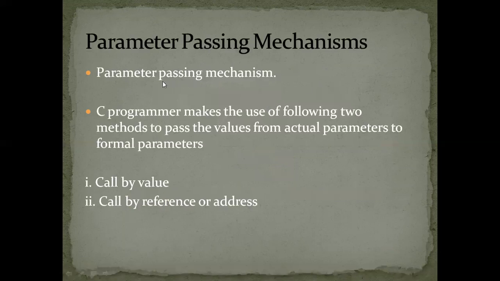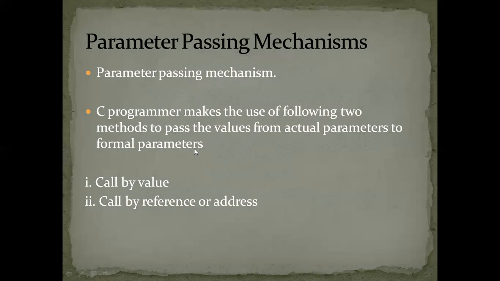As I told you, the parameter passing mechanism is the process used to send the inputs or values from the calling function main to a user defined function to do a specific task. It is called the parameter passing mechanism. Okay. C programmers make use of the following two methods to pass the values from actual parameters